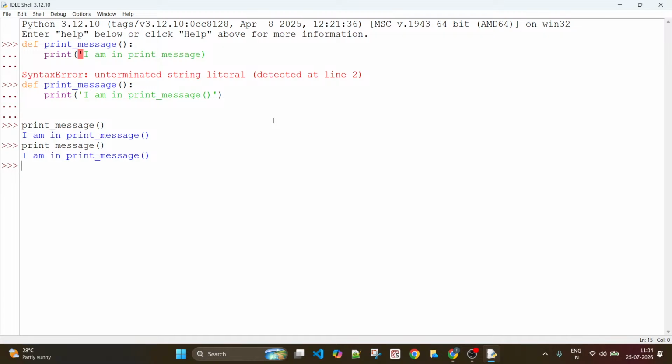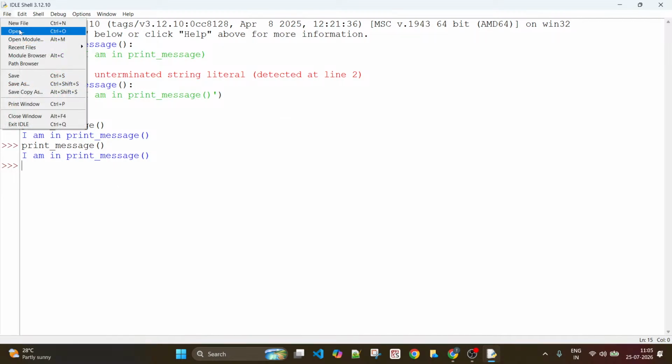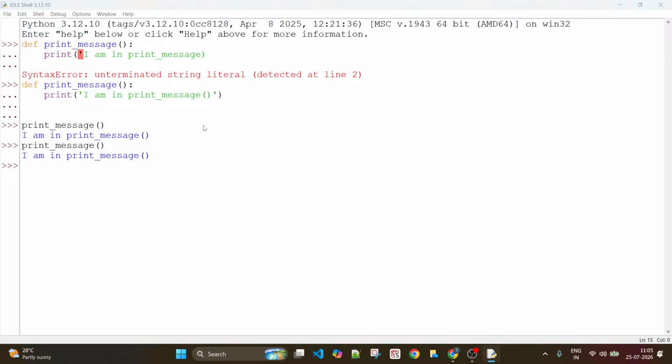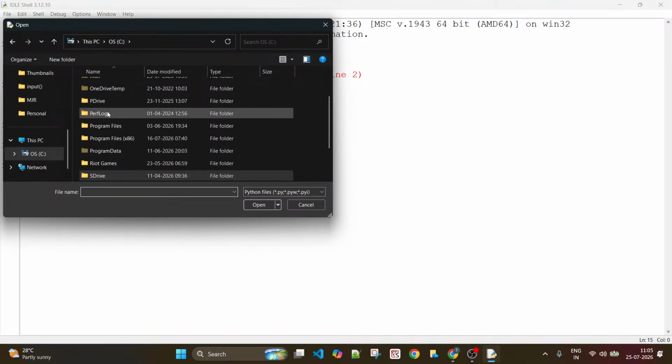So function here is nothing but a named block of code. And right now, print message is a function. What is the name of that block of code? Print underscore message is the name of that block. How many statements does it have? Only one statement. If you want, you can add more and more statements to that function. And you can call this function as many times as you wish. All right. This is how you can make calls to the functions. Now I'm going to a file to show you the same concept in more practical way.